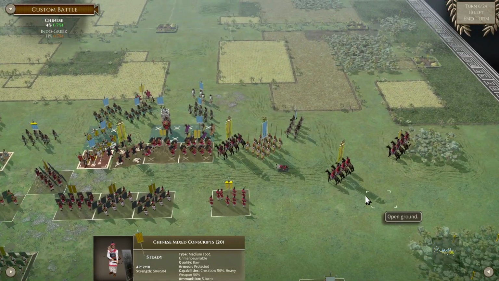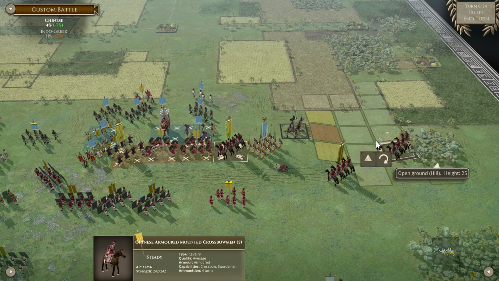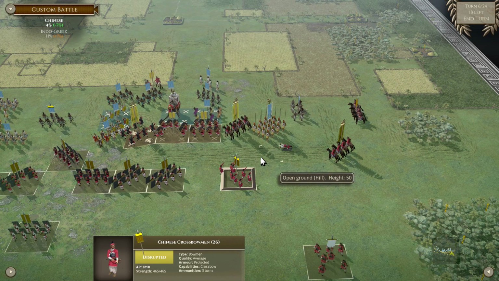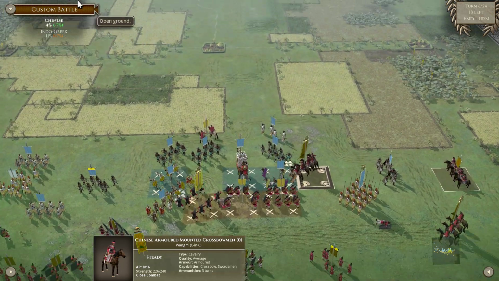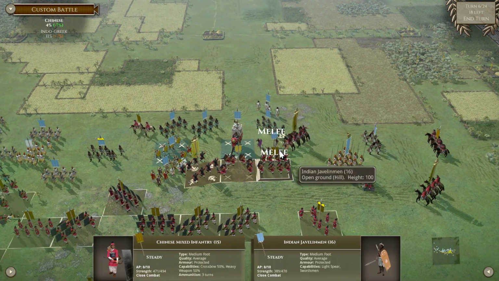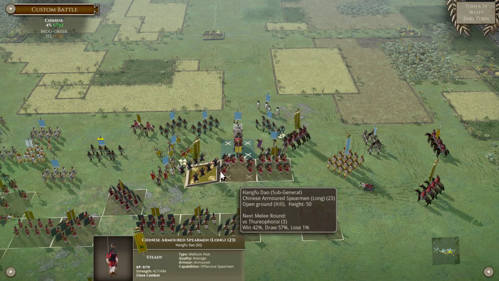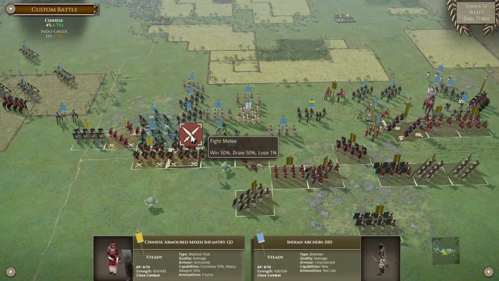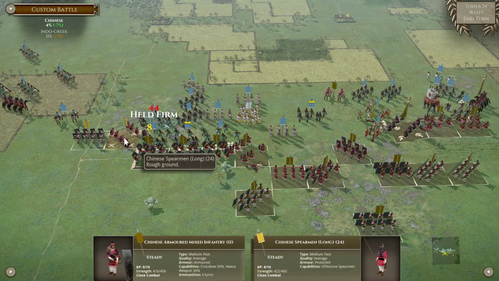Return these guys here. Just lighten these guys up. Well, these guys are in bad shape here. This is my commander, Sub-General. Good deal. Let's get some disruptions going on over here. There we go. Man, they were just...